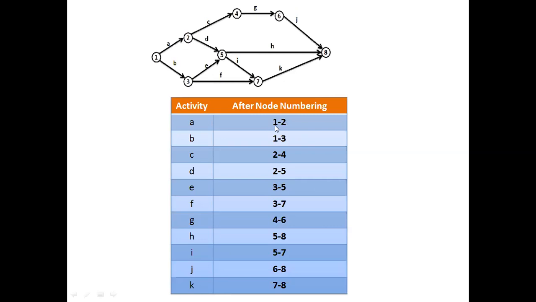The 1 is the initial event for the entire project, and 8 is the end event of the entire project. So the numbering will simplify things, and it will make it very easy to draw the network diagram instead of the activity and the interdependency or the precedence constraint being given. So while solving problems based on activity on arrow and activity on node, you will feel the difference between these two while drawing the network diagram. Okay, so please go through this.